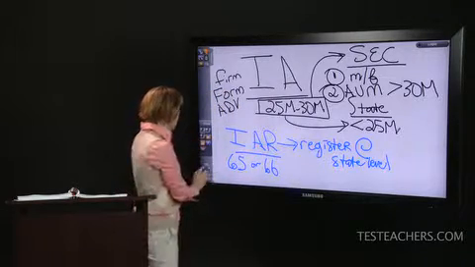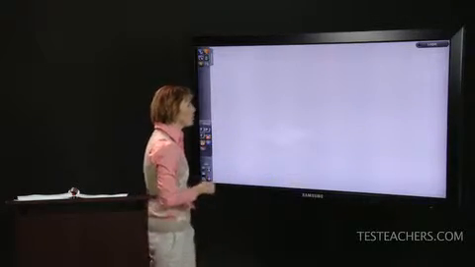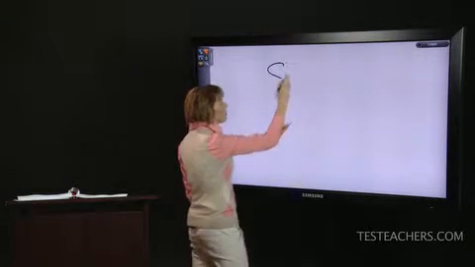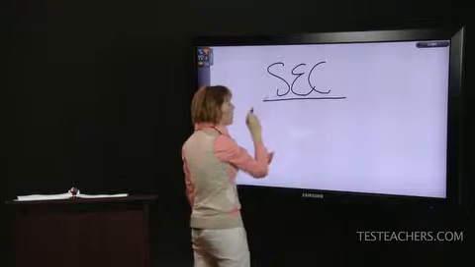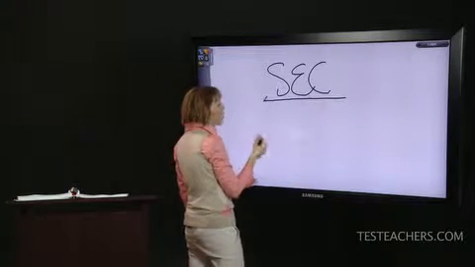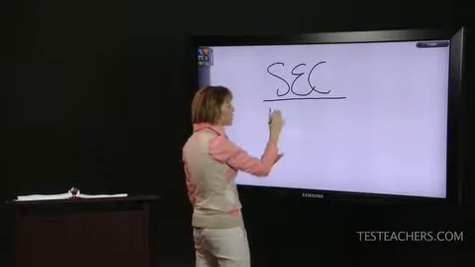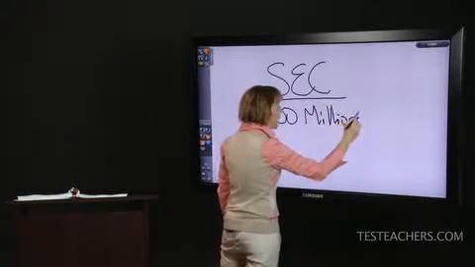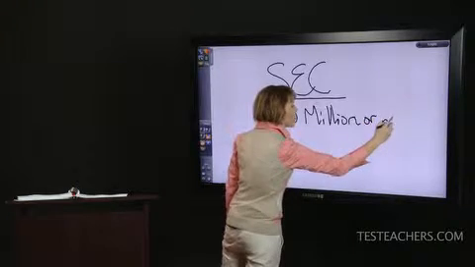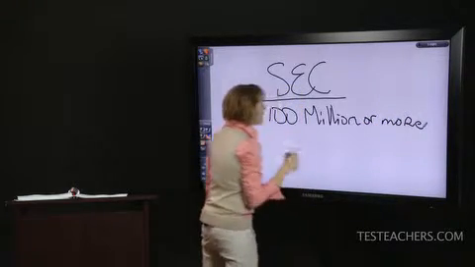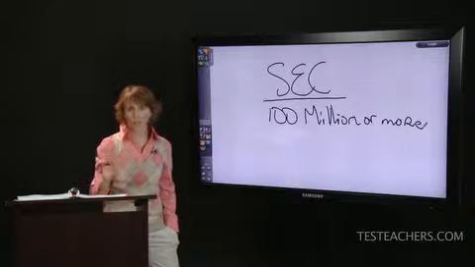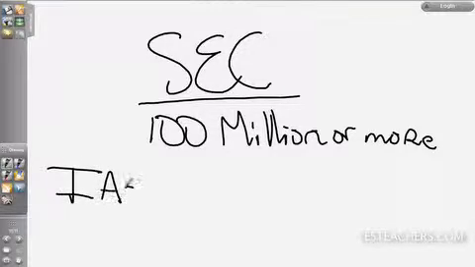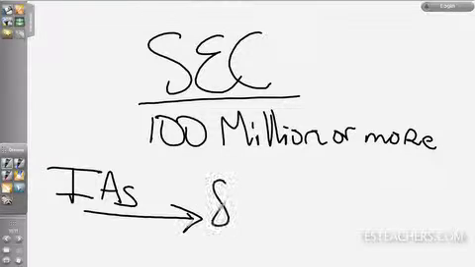So what is changing? What's changing under the new regulation is the size of assets under management. What's going to happen is at the SEC level, we're going to have investment advisors registered that have $30 million or more in assets. And unless you manage a mutual fund or certain situations for hedge funds, all other IAs are going to have to register at the state level.